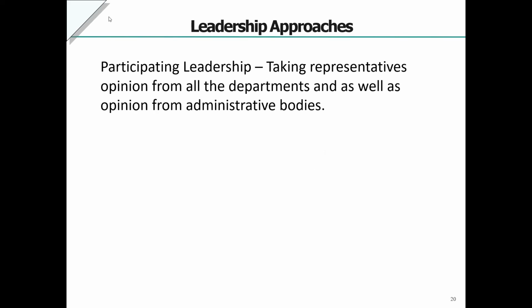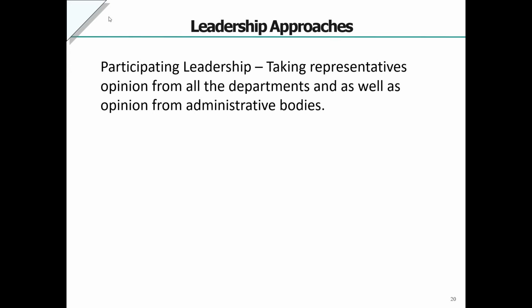Okay, so this is the leadership approach. What leadership approach have we followed to implement this project? Mainly the participative leadership approach. We take representative opinion from all the departments as well as from the administrative bodies. We try to take opinion from all the HODs, all the senior faculty members, and all the higher administrative personnel.